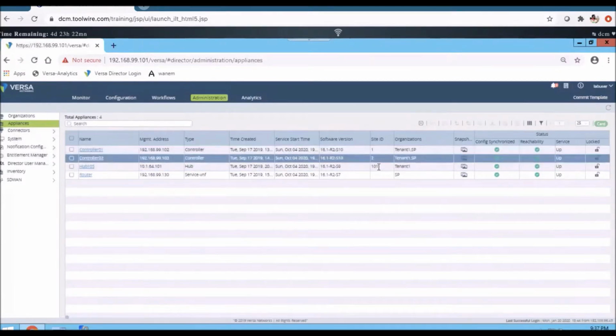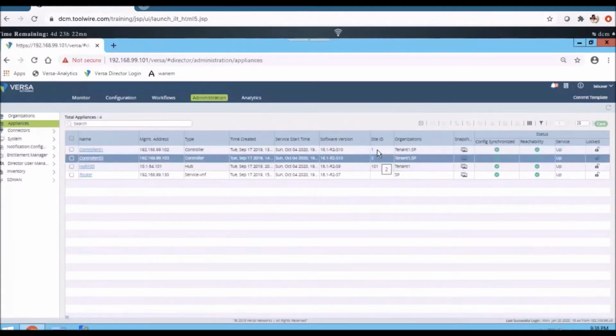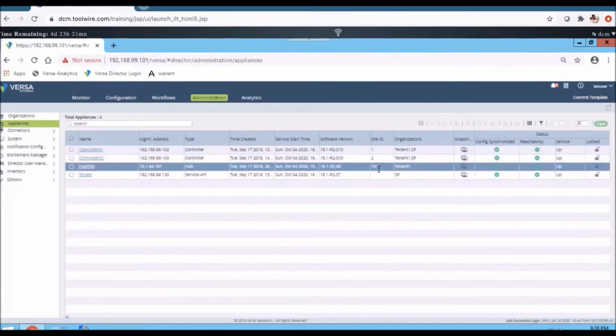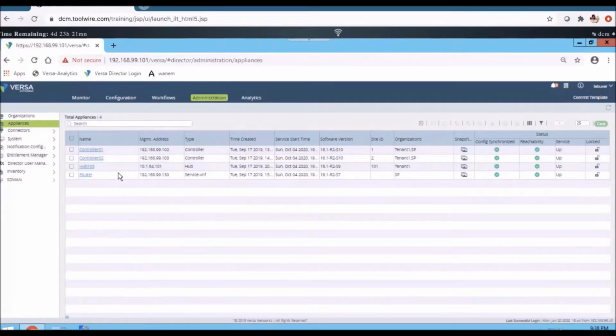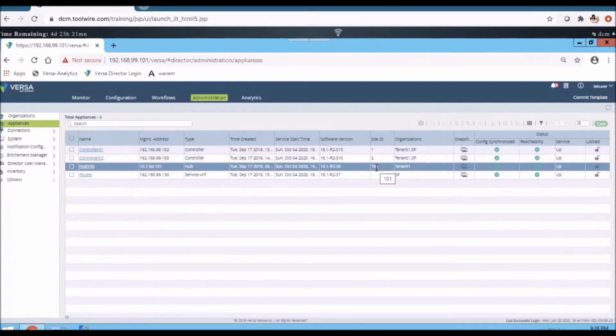If you remember, yesterday we were talking about the TVA interfaces IP assignment. There we discussed that device IDs 1 to 100 are fixed for the controllers. The remaining numbers, 101 to n, are allocated to branches. The first node which is connected is hub 105, so that's the reason it has the device ID 101. The next node, whichever it may be, maybe a branch or the hub again, the next device which connects to the director gets the device ID 102. So the list continues.